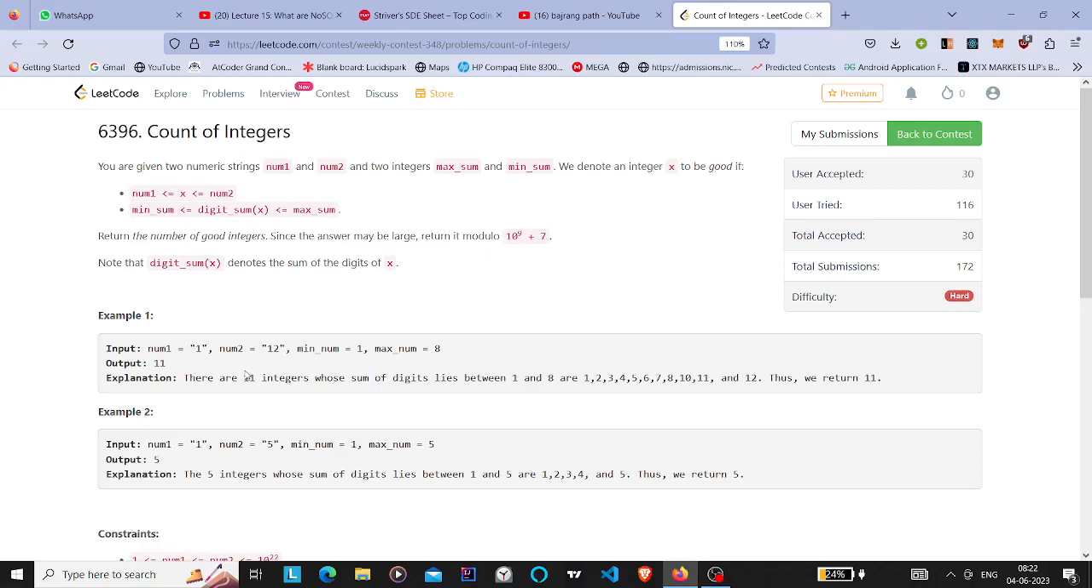what I can actually do is if it is 0 or if it is